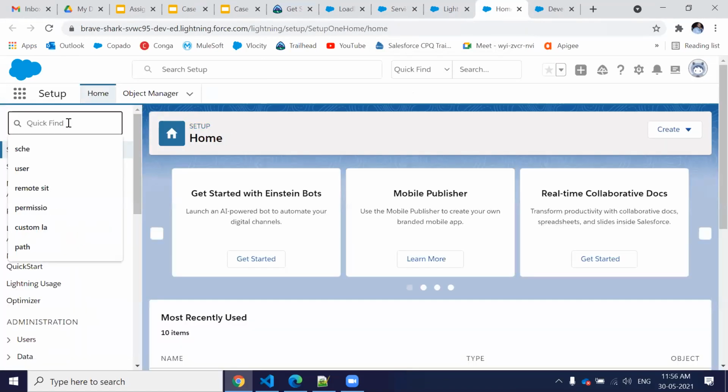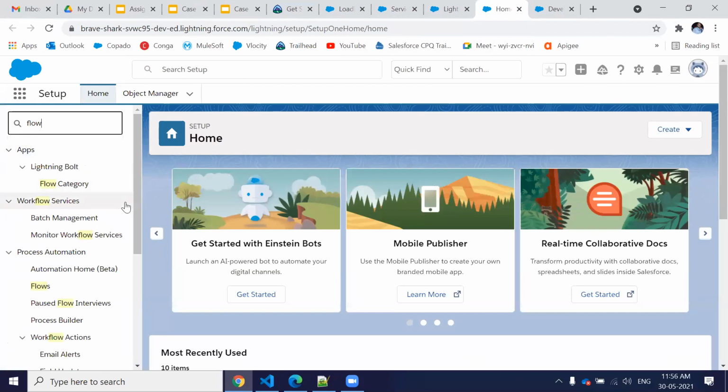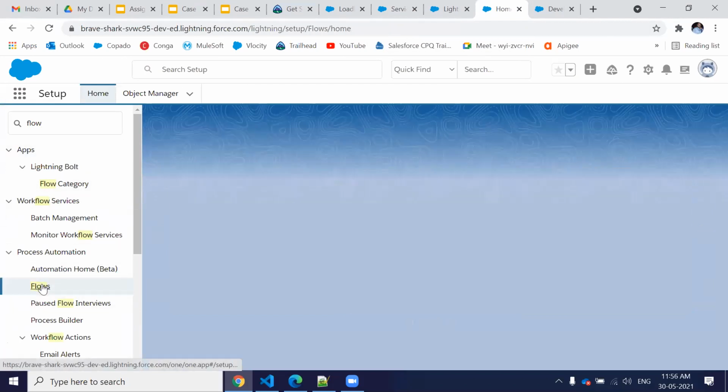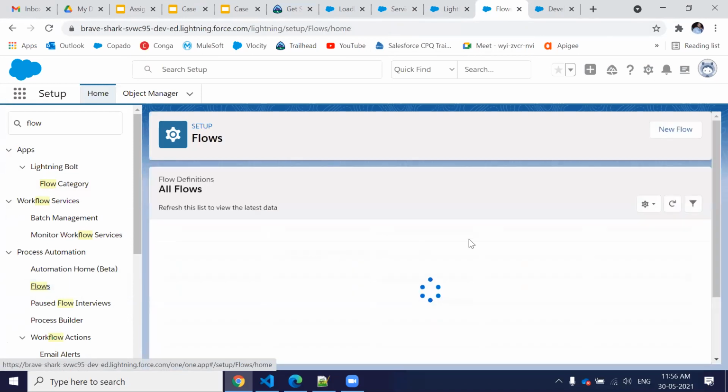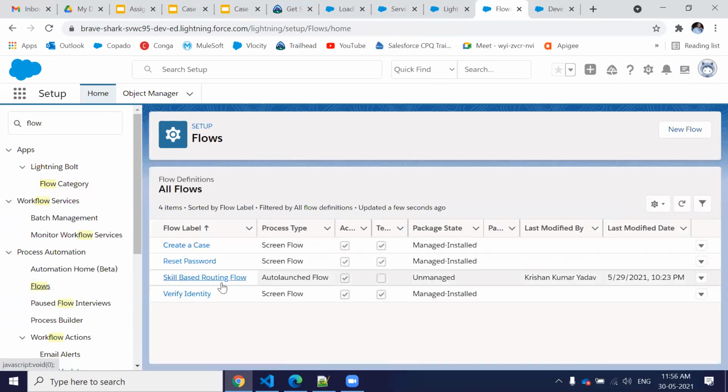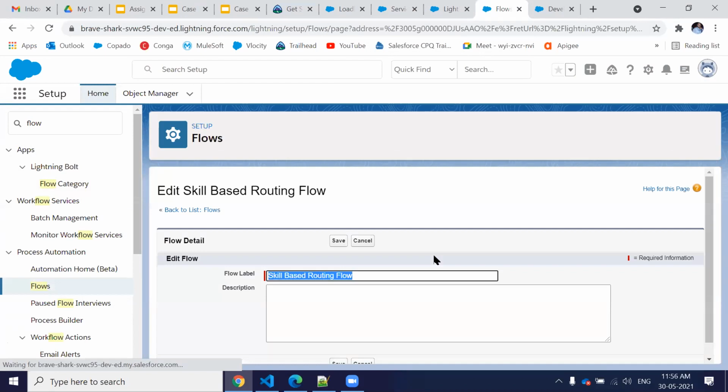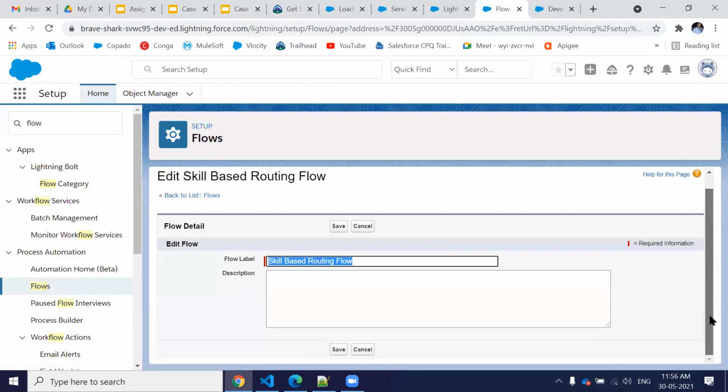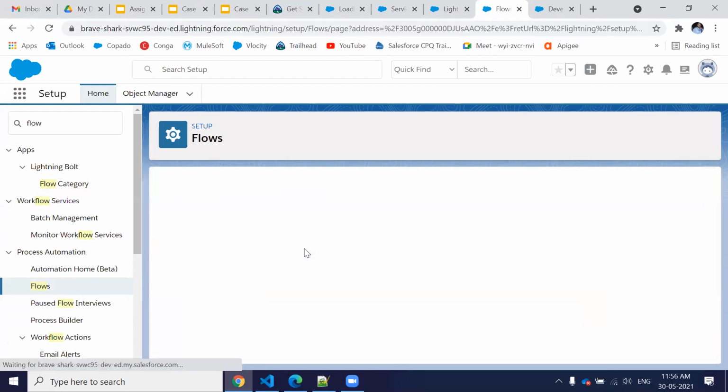I have to turn off that flow. Yes, I have created a skill-based routing flow which is active, so I have to make it inactive. I think I can make it inactive from here. Not sure. Let's go to the flow and deactivate.